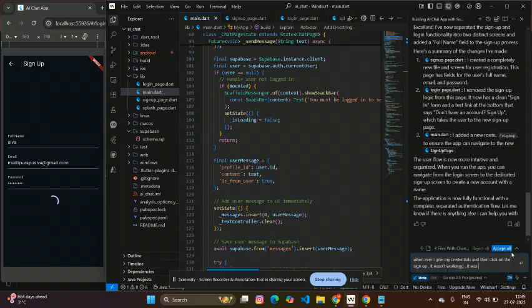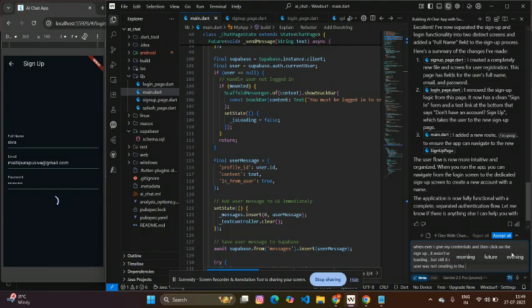It was just showing as loading, but not actually working. Even the user was not creating